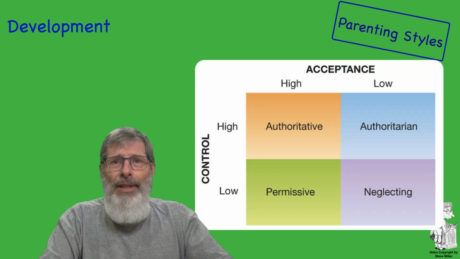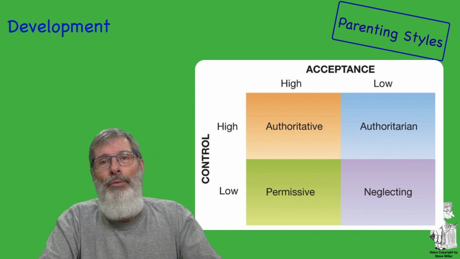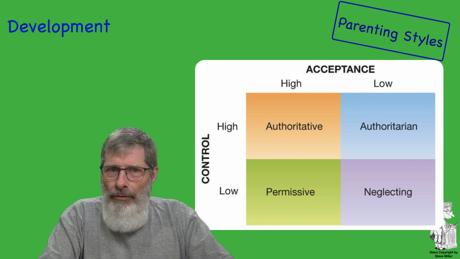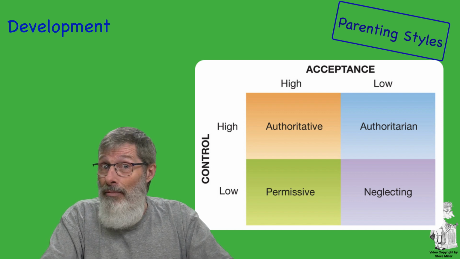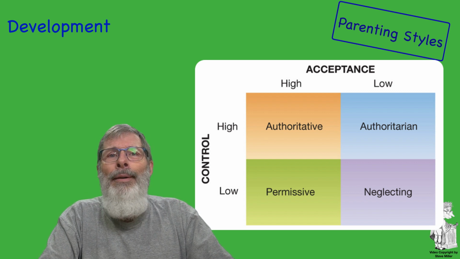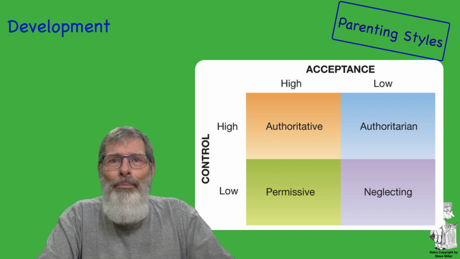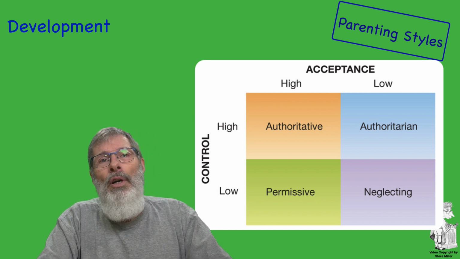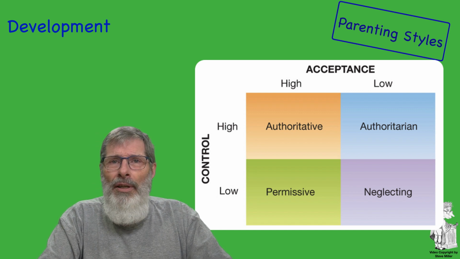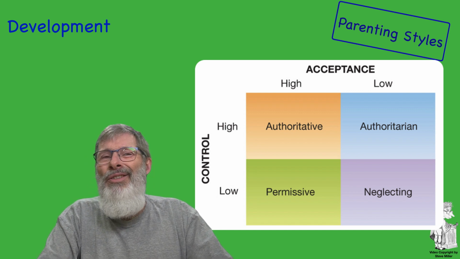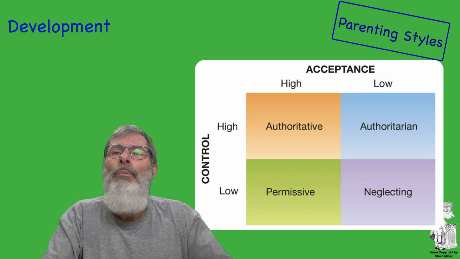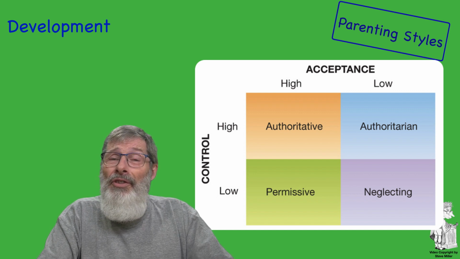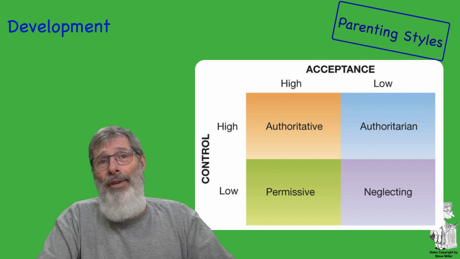Authoritative: strict, but willing to reason with their children. Parents set high, but realistic, reasonable standards, and they enforce limits. At the same time, they encourage open communication and independence. Most competent children come from this type of family and parenting style. Children of warm parents are more likely to be socially and emotionally well-adjusted. They also internalize moral standards. They develop a conscience, greater self-reliance, self-esteem, social competence, and achievement motivation.